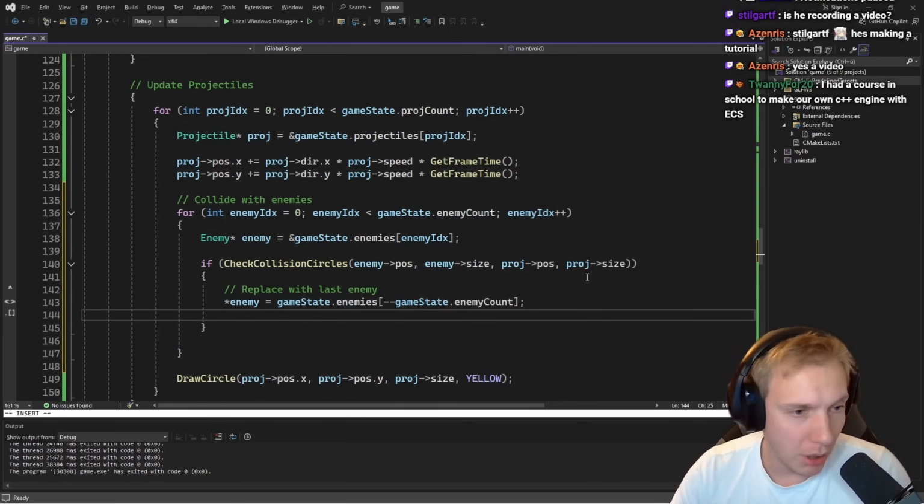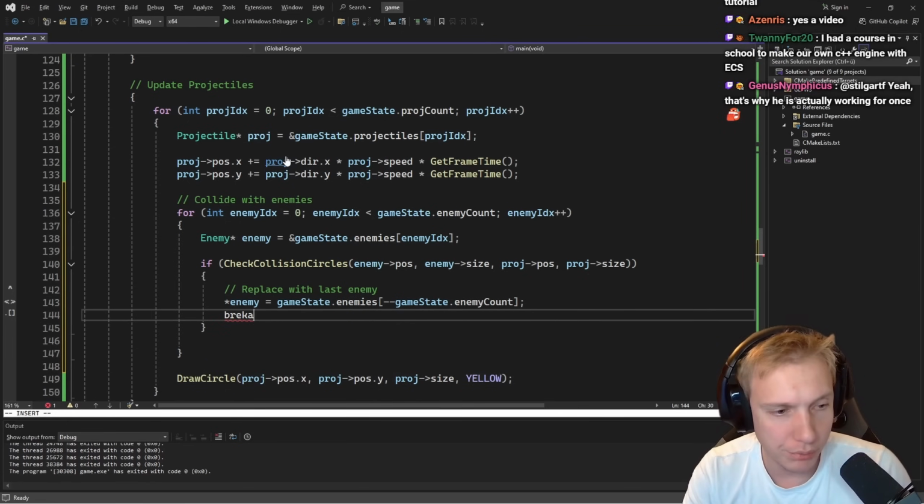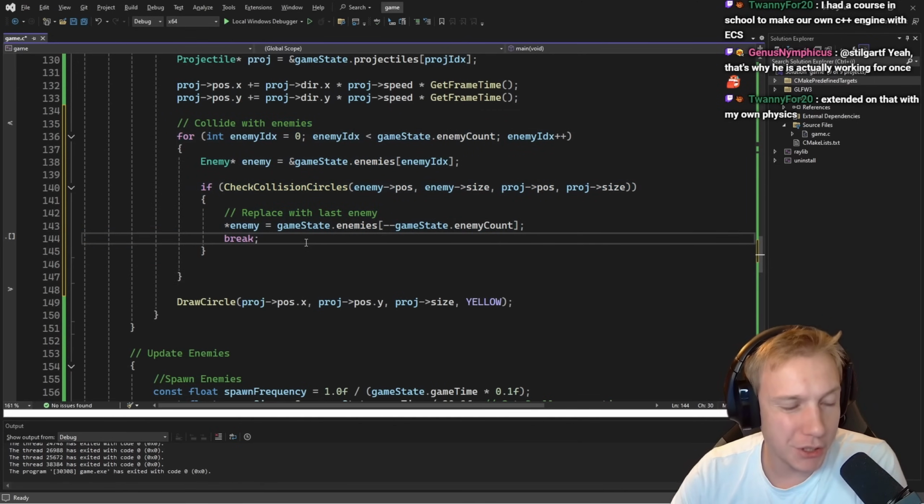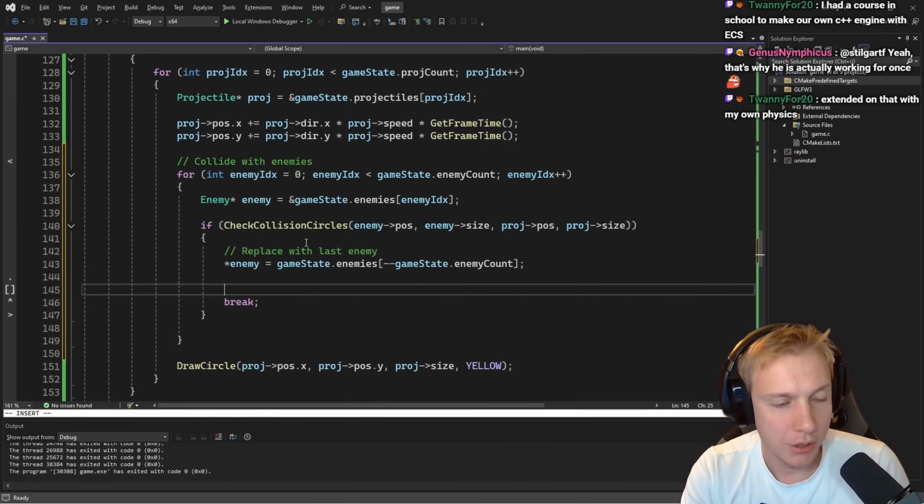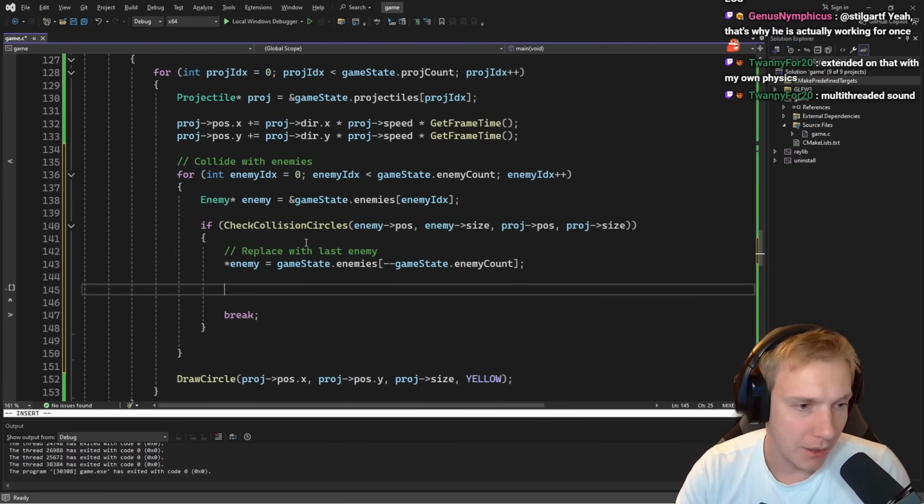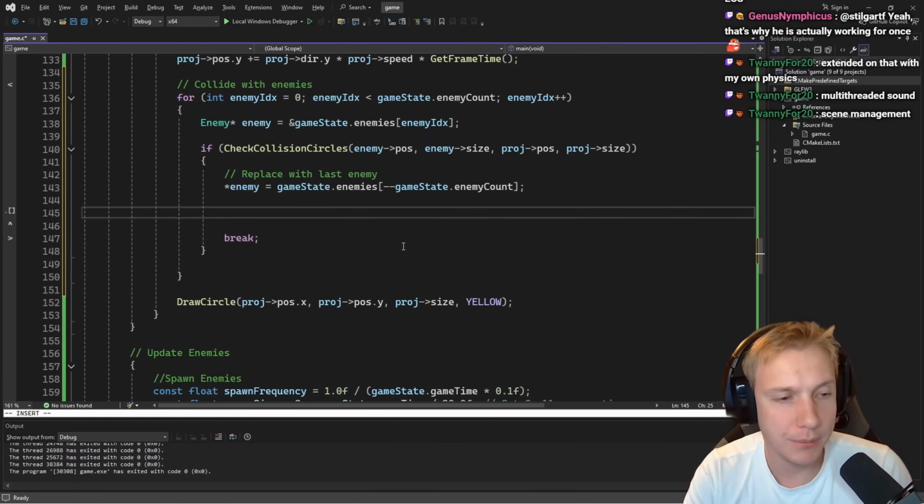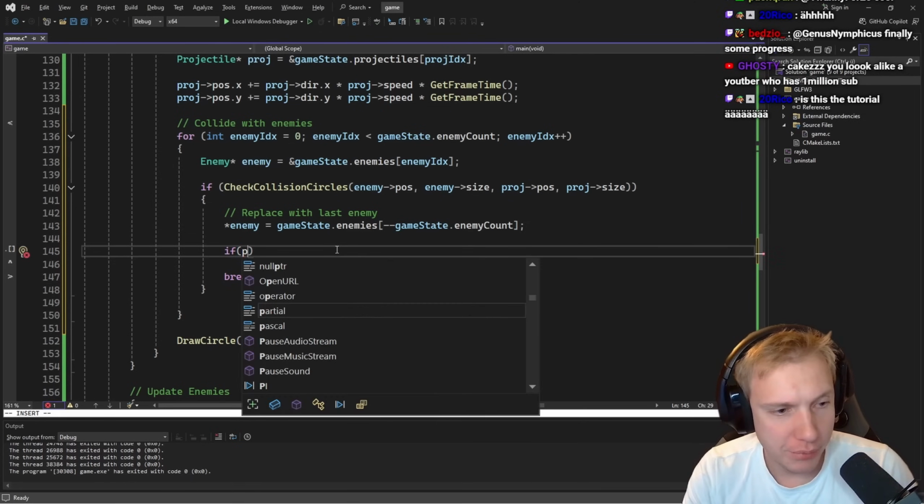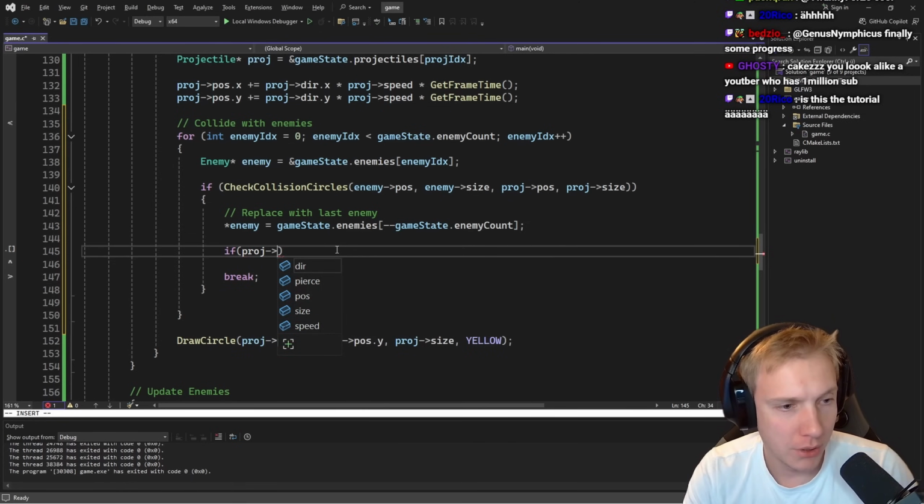And then we need to obviously break out of this loop, because we have now killed an enemy. We don't want to look at more enemies. And this is where we need to make a decision. If it's a normal projectile, then all we need to do here is check, we need to delete the projectile essentially. If projectile pierce